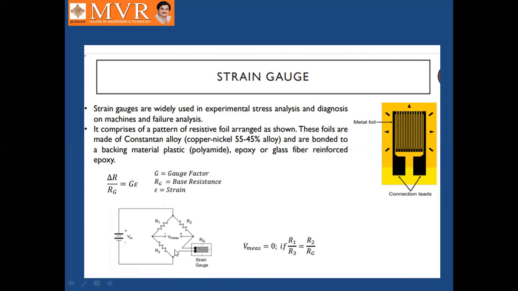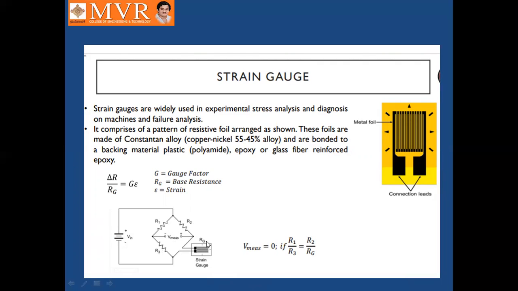So this is the Wheatstone bridge. In this resistive strain gauge circuit, we use the Wheatstone bridge to balance the voltage and the resistance of the circuit. From the Wheatstone bridge, what we can obtain is R1 by R3 is equal to R2 by RG. RG is nothing but the gauge resistance, the strain gauge, which is connected here. Based on the displacement deviation, there may be a change in voltage.